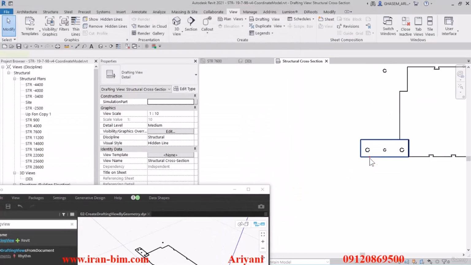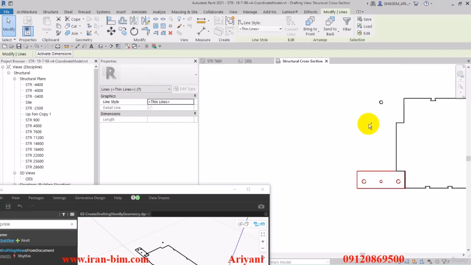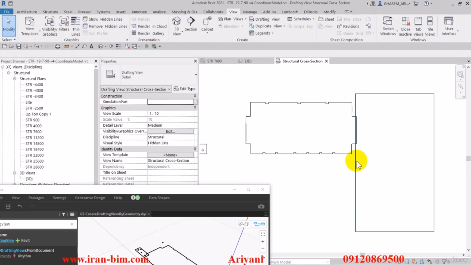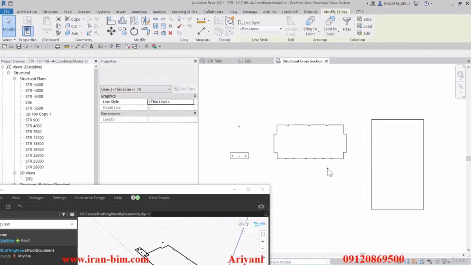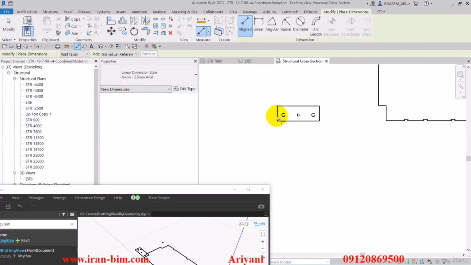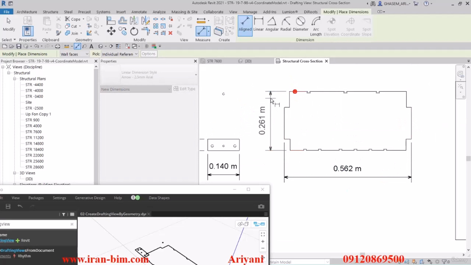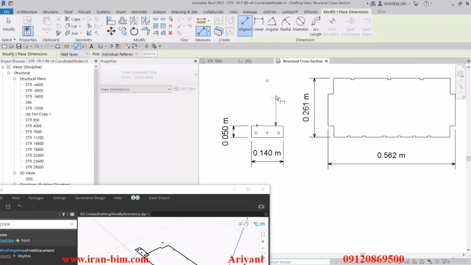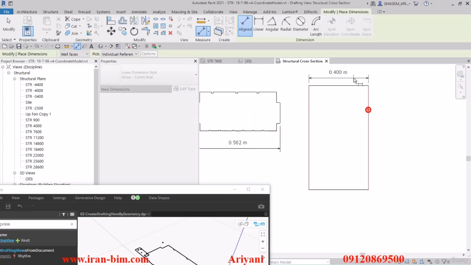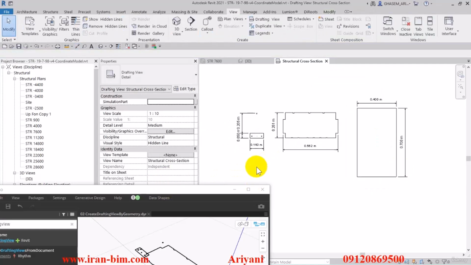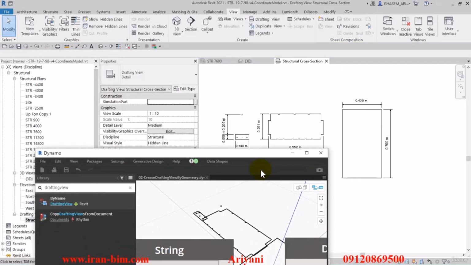Now we can also put in some adjustments here if we want. For example, these are where the joists go. So I'll put in some distance between these, and then let's see, put in some distance between these two as well. And then I can put in some measurements for these. For example, the joist gives us 0.14 and then 0.56 on here. Now here we have to either draw the line ourselves or create an intersection in such a way that it gives us the line. And these are the specifications of the beam. And we've basically done this based on the geometry